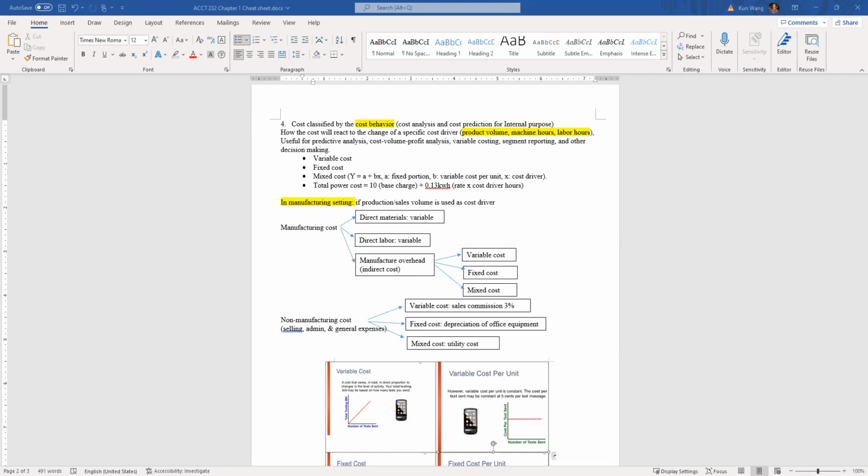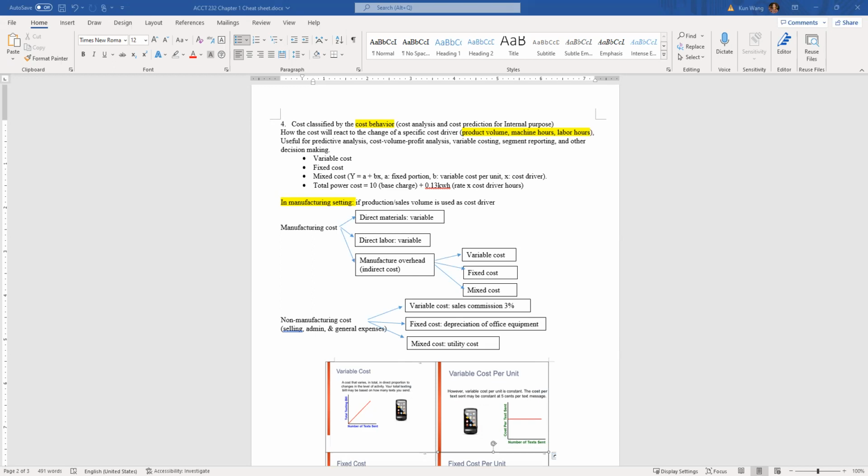On the other hand, if you look at some of the manufacture overhead, they will stay flat no matter if the production volume increases or decreases. For example, the straight line depreciation of the buildings or the depreciation of the equipment, the property insurance, or payroll of the supervisors or managers. This amount of the overhead will stay the same in a relevant range no matter if the cost driver increases or decreases. So this type of cost behavior we call fixed cost. And we can easily understand,